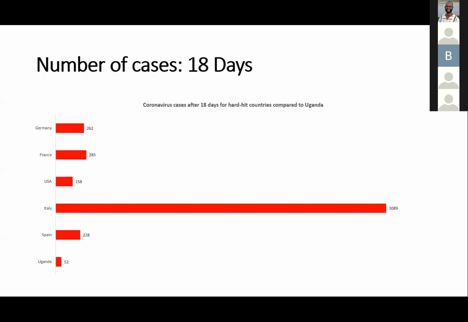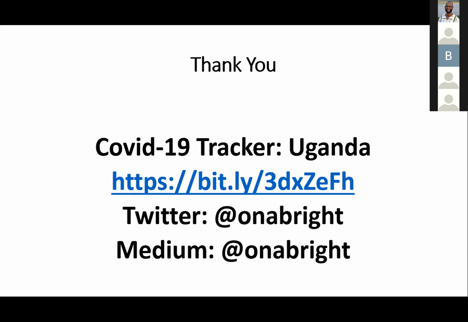So this is just a summary of what I've been doing so far. I created a tracker. I'm collecting data, like I said, from crowdsourced channels, and hopefully it's public and actually visible online. I also have a dashboard that I created, so you can easily see what's happening. So that's just a summary of what I've been doing so far. And yeah, thanks.